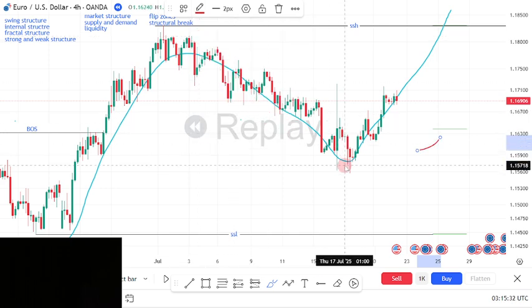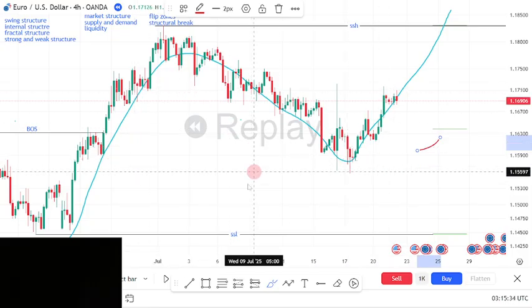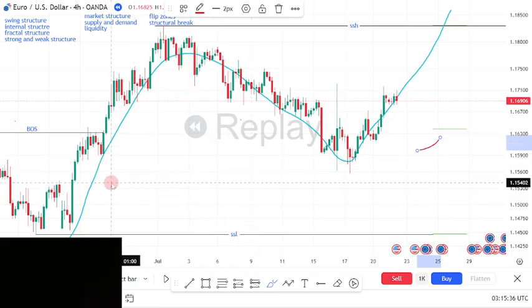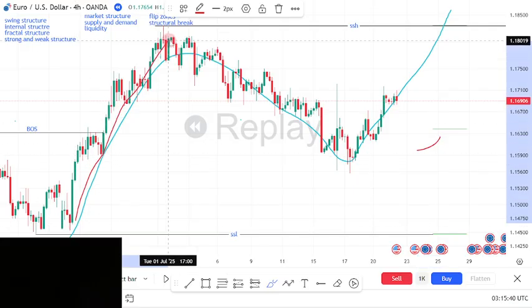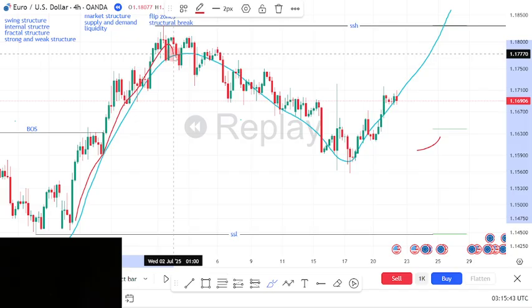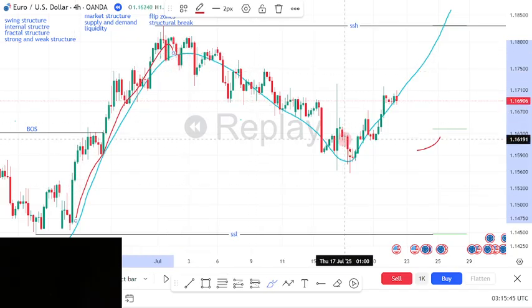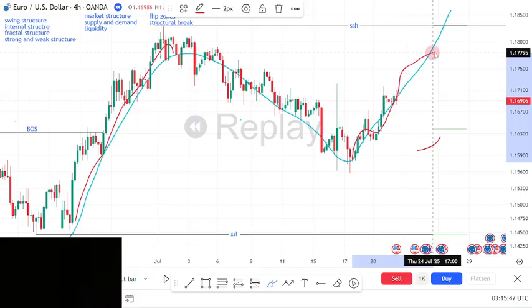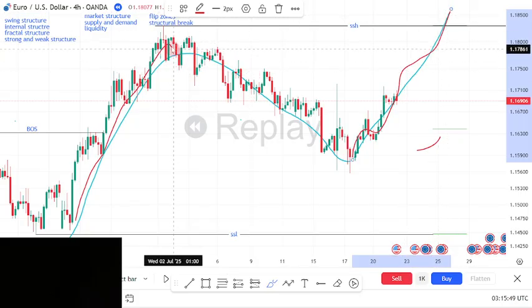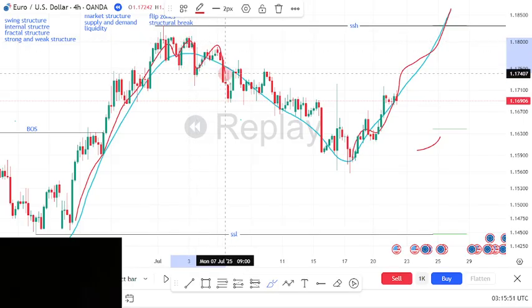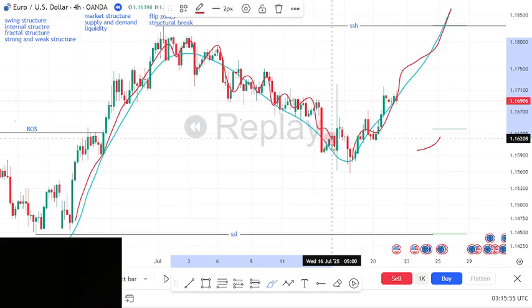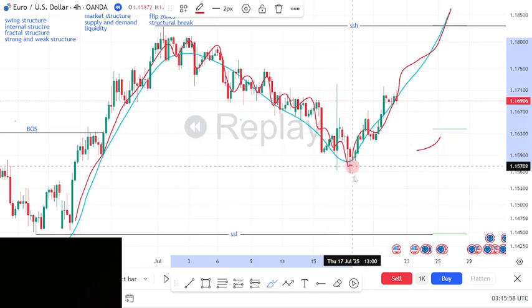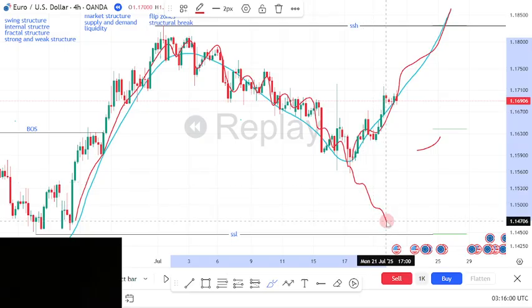So within this, it doesn't necessarily mean that I should only sit on my hands and get involved only in the buy moves, here and here. No, I can also get in here, if there's an opportunity to ride this pullback wave that I'm expecting into